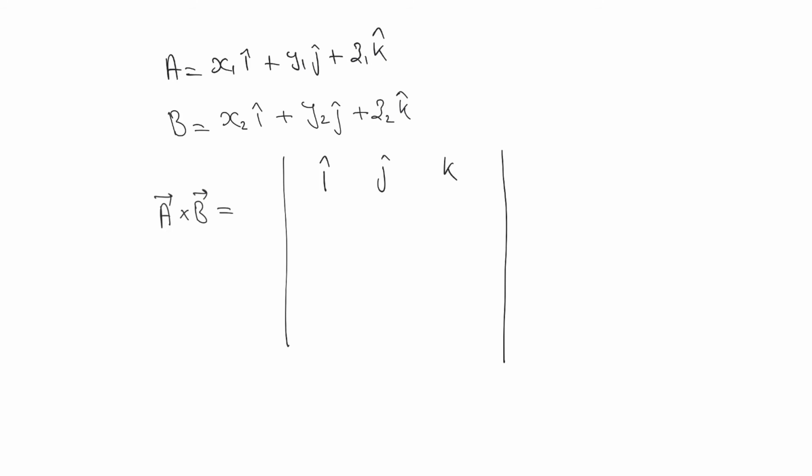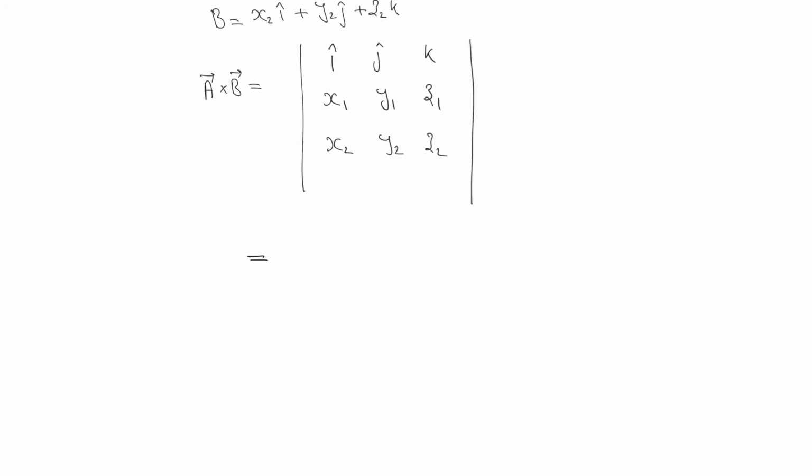Over here we are going to calculate a vector cross b vector, so first we write the components of a. Its x component is x1, y component is y1, and z component is z1. And for b, we write x2, y2, and z2. Now we have to write it in this order. We know that a cross b is a vector, so we need to find its x, y and z components. So we write this as i minus j plus k. You should always write in this order: i minus j plus k.